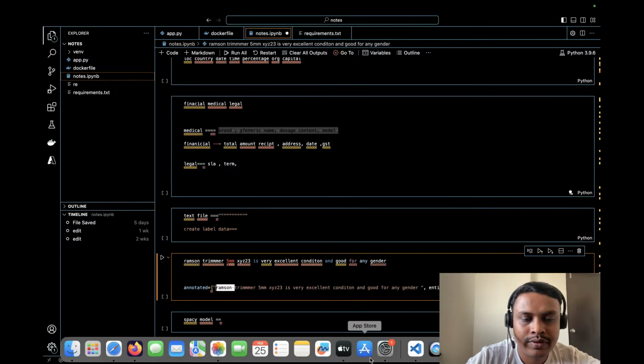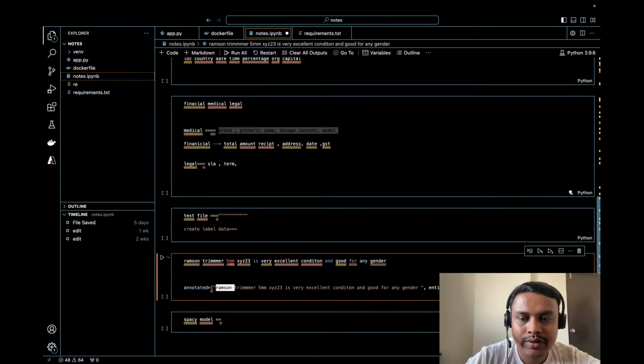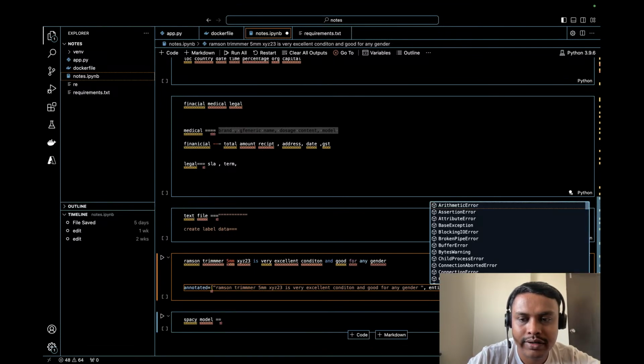it's working. So here is the brand, and suppose Ramson is the brand. I need to find the start and end index for that Ramson brand. So the start index is 0, and maybe the ninth index is the end index. The model is going to learn that if a particular word comes at specific positions, then those words are considered a brand. Then we need to pass another list, and in that I have to mention